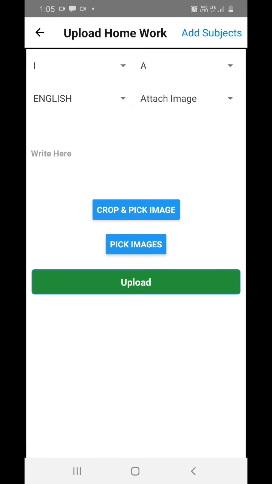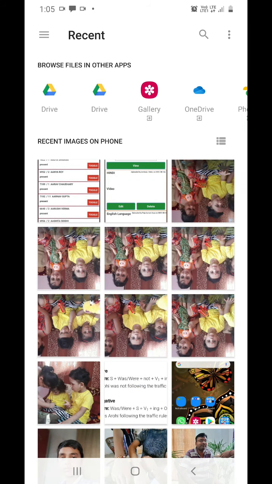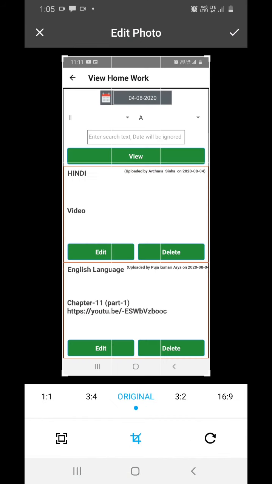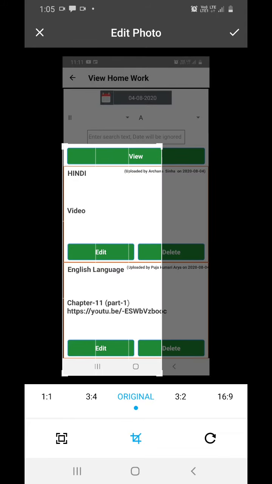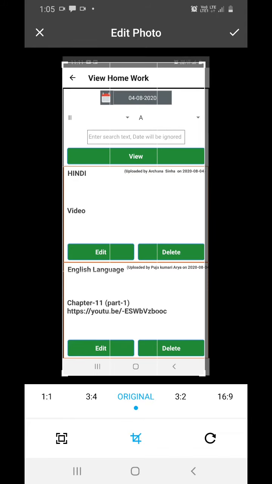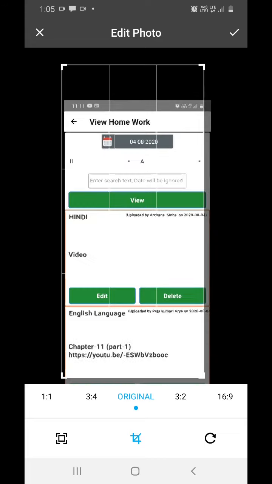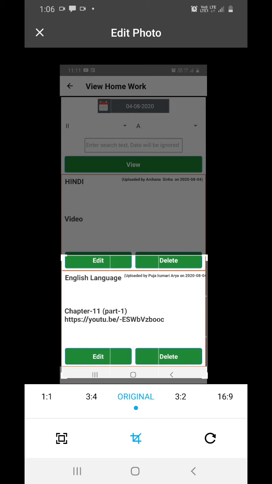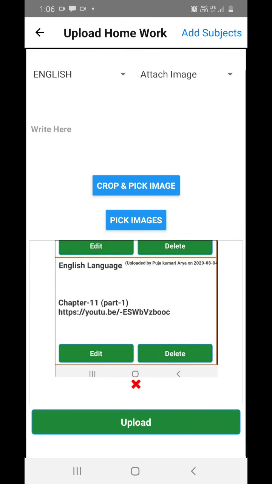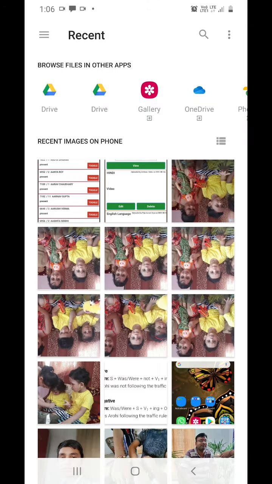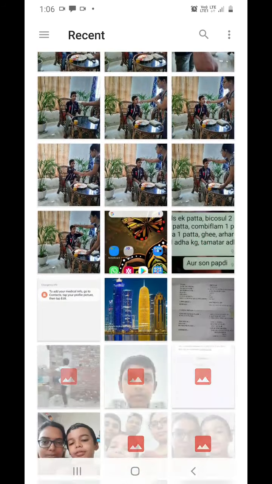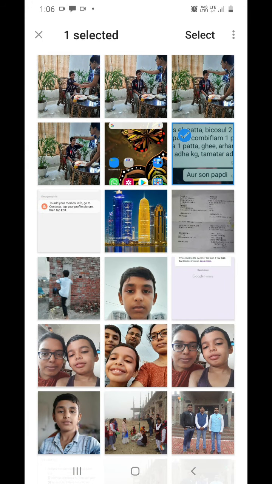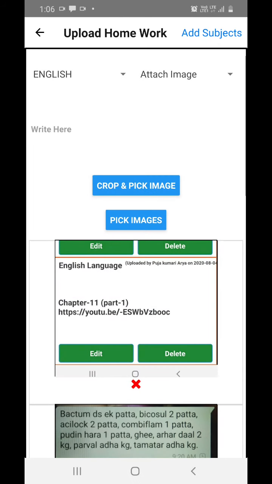I want to attach an image, so I can crop the image like this, and I can also choose multiple images, like 1, 2, 3, select.